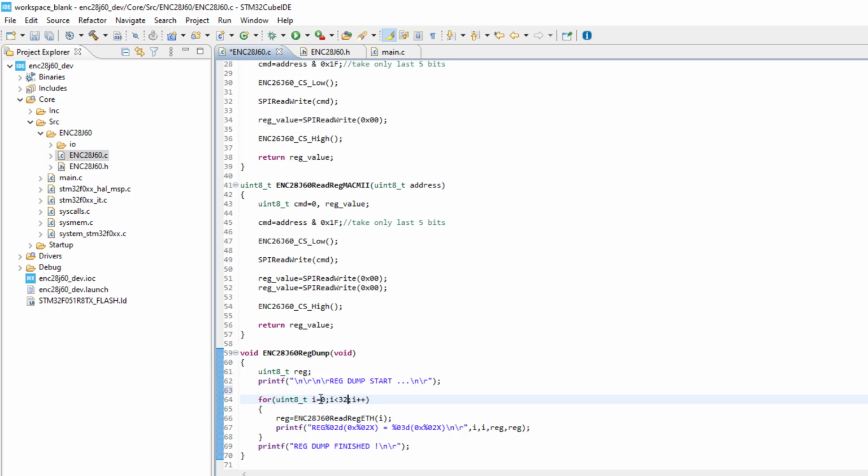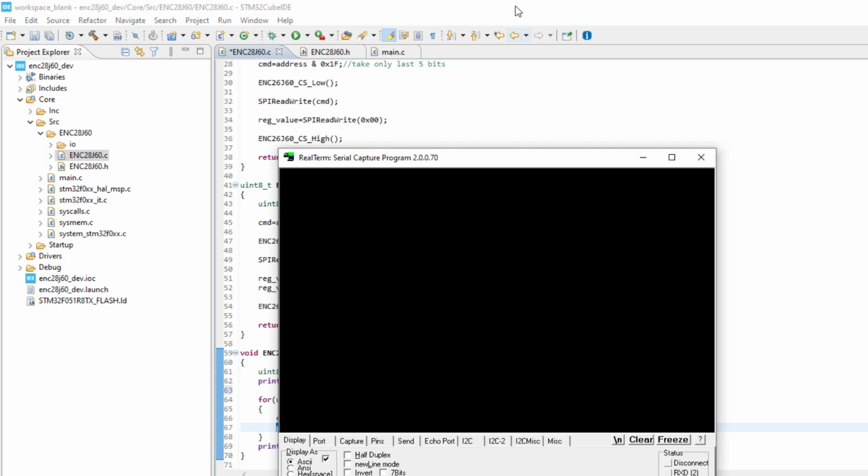Each time it uses our driver function ENC28J60 read reg, that means read the register, and it passes the parameter i, which varies from 0 to 31. So one by one it reads all the registers starting from address 0 to address 31, and using the printf function it dumps the value of the register to the serial port, where we can view them on the terminal.